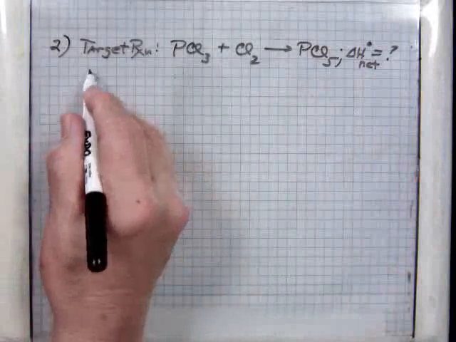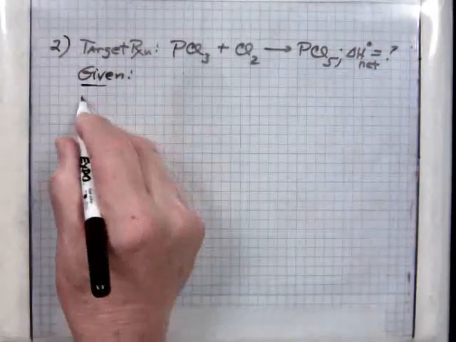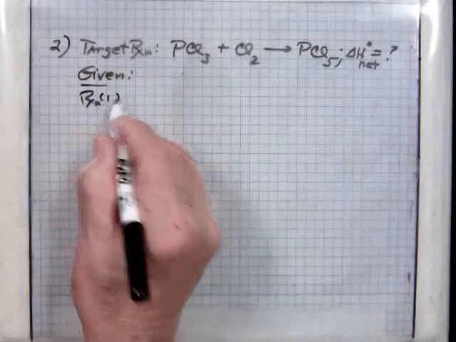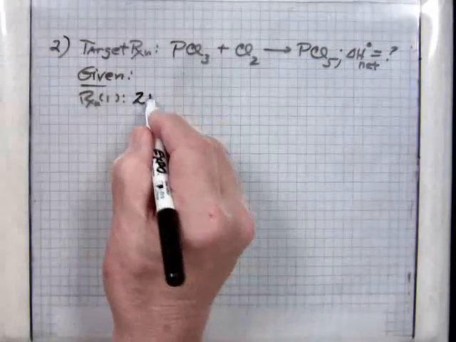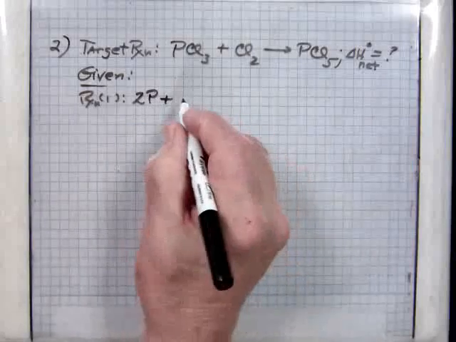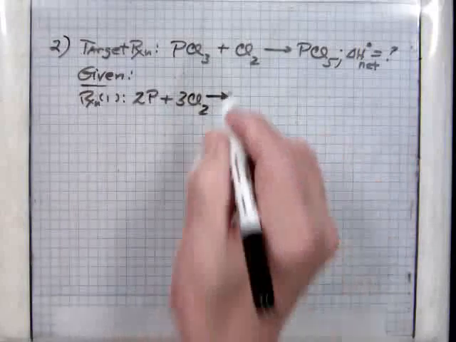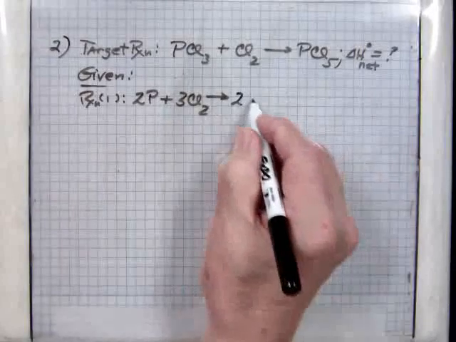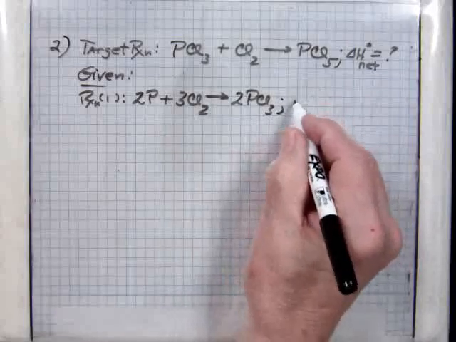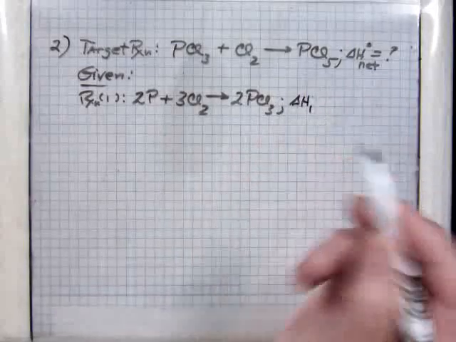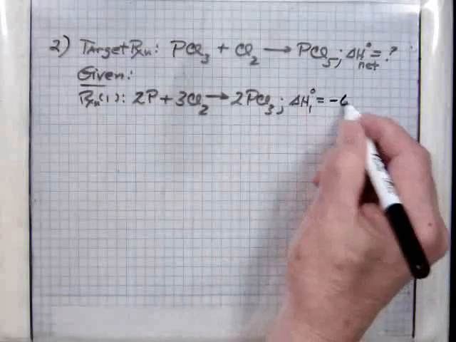Now, given reaction 1 is 2 phosphoruses plus 3 chlorines going to 2 phosphorus trichlorides, and the overall for that one is equal to minus 640